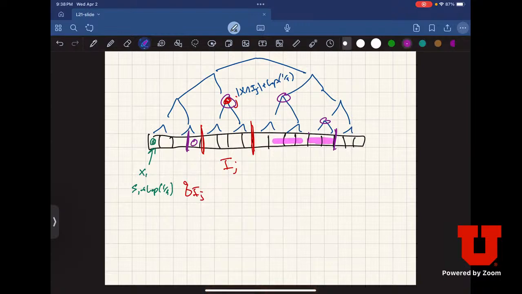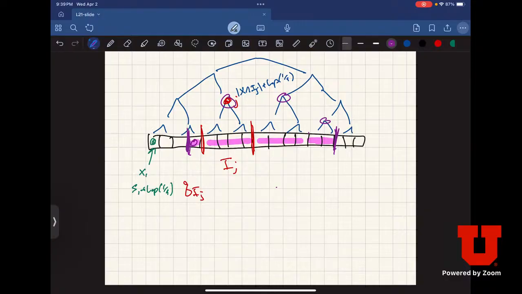Let's highlight them here. I'm going to get this, and this individual node, right? So this large query here I can compose as a disjoint set of these